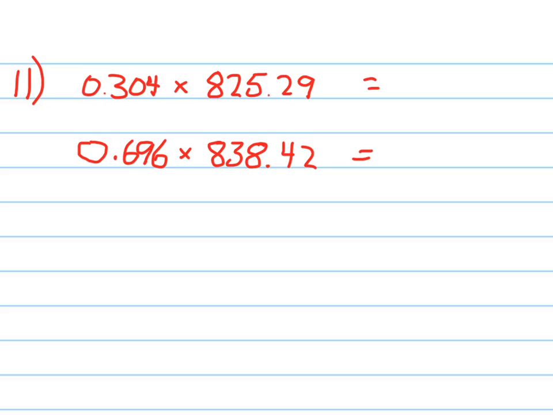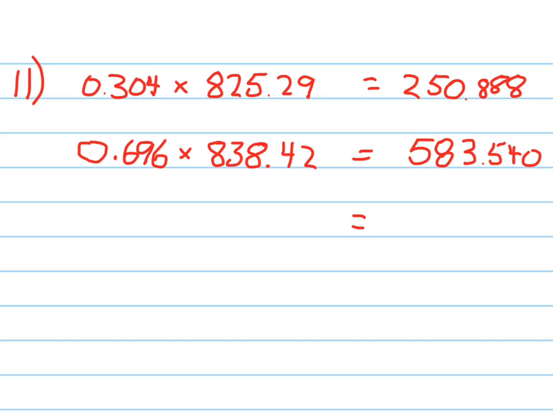Okay, to calculate the average, we're going to use the weighted average. We have 30.4% of the isotope that's 825 grams per mole, and we have 69.6% of the other isotope. So we convert to a decimal, so it's 0.304 times 825.29, and that means that we have 250.888, and we have 0.696 of 838.42, so that gives us 583.540